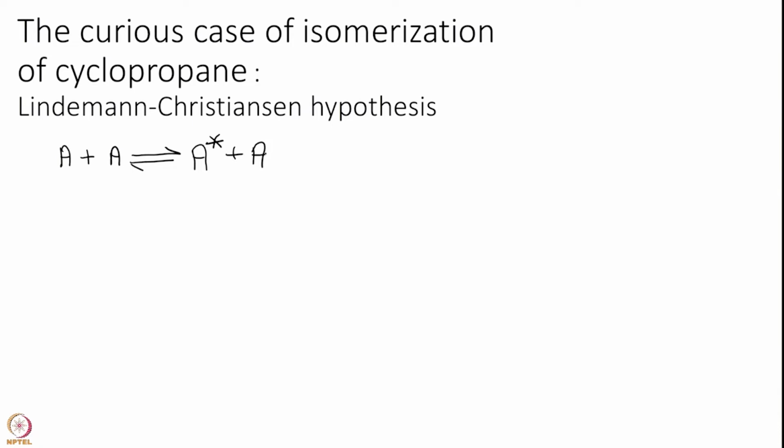Okay. This is the hypothesis, they are just playing around, and they had put up two forward and backward rate constants. I am just following the language they had used. So, I am using K1 and K minus 1, and A star, which is an activated state, gives rise to B. Okay. So, this is a more detailed mechanism now, it is not as simple. Now, we have a more complex reaction, and what I want to discuss in this module is how do we write rate laws for this, and can we perhaps resolve the contradiction with experiment using this hypothesis.